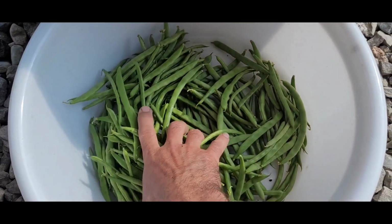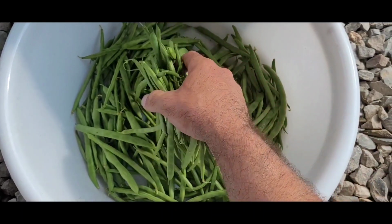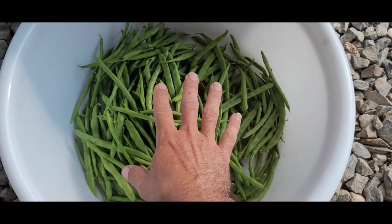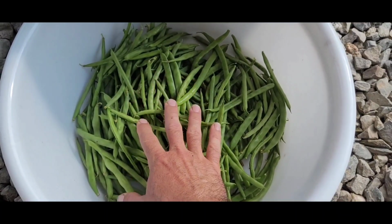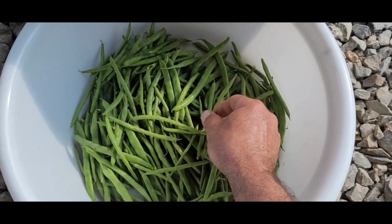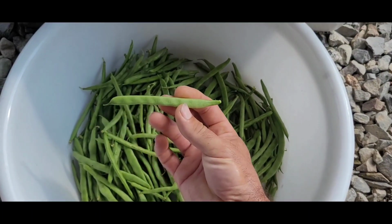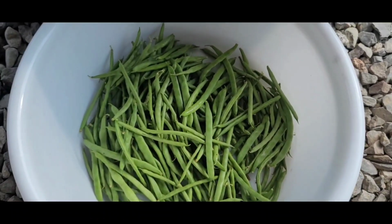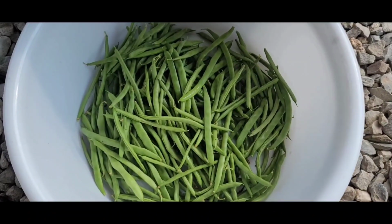We cook them when they're fresh, but because we get so many at one time, and the way we like to eat them, we don't can these. What we're doing this year, we haven't done in the past, but we're going to try it. We're cleaning, basically just taking off the ends and then freezing them, vacuum seal them, and freeze them. But yeah, that was the harvest this morning, and let's go